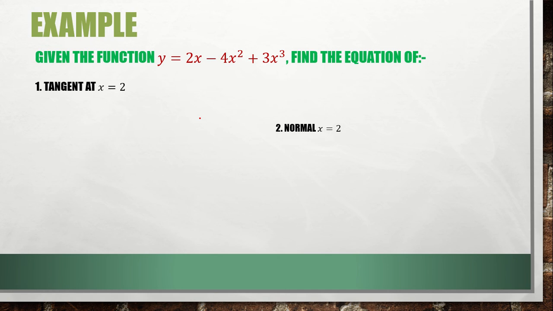Now I suppose you have something as your solution. Basically, to find the tangent, you start by getting the gradient function. The gradient function, basically, you shall find it as 2 minus 8x plus 9x squared. I believe you know how that comes about. Now, find the gradient of the function at a given point, which is x equals to 2. The particular gradient shall be, if you substitute every x with 2, you shall find the gradient